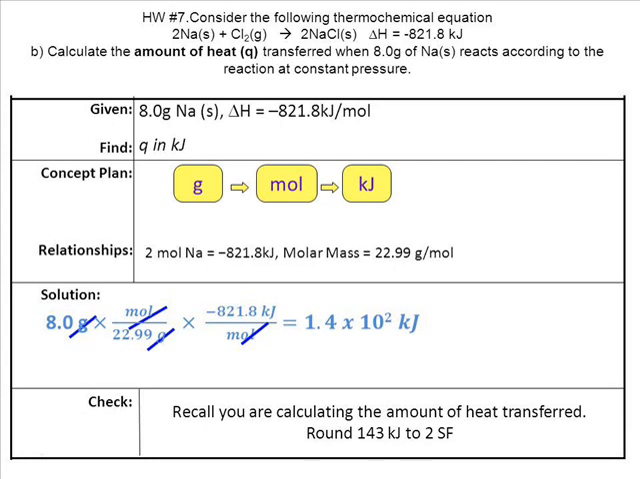7b, where you have to actually calculate the amount of heat transferred when 8.0 grams of sodium metal reacts according to the reaction at constant pressure, let's begin the process of figuring out this equation by writing our givens. So what do we know? We know that we have 8 grams of sodium metal, and we know the enthalpy change is negative 821 kilojoules